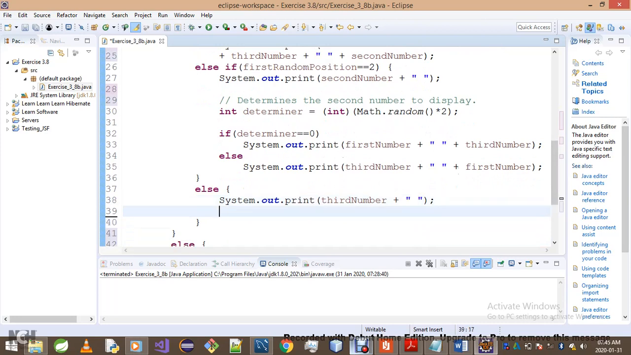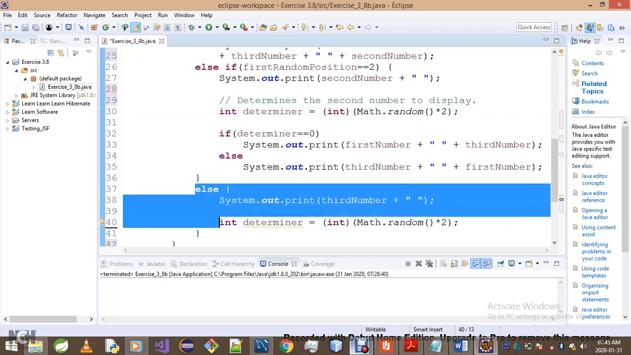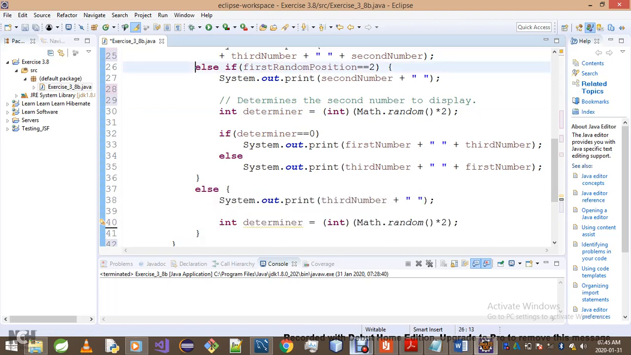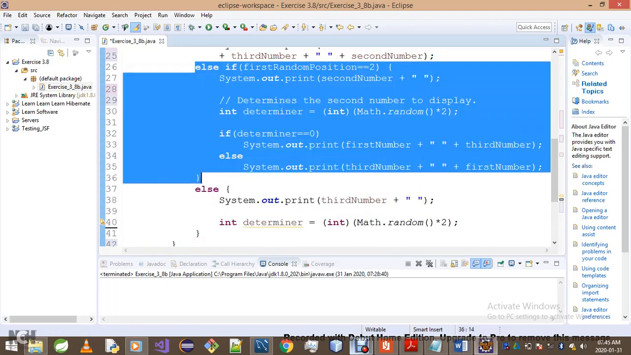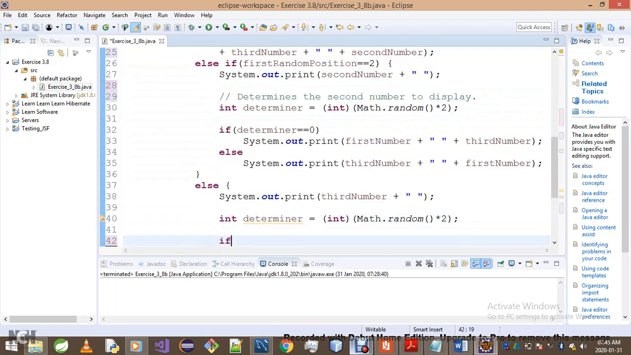Okay, now it is time to determine which one. Again, we're gonna have determiner. Bear in mind, you guys, these two variables, the determiner we have on this else block and this determiner here, they are completely independent. They don't even know each other. Okay, what we'll then do, we go if